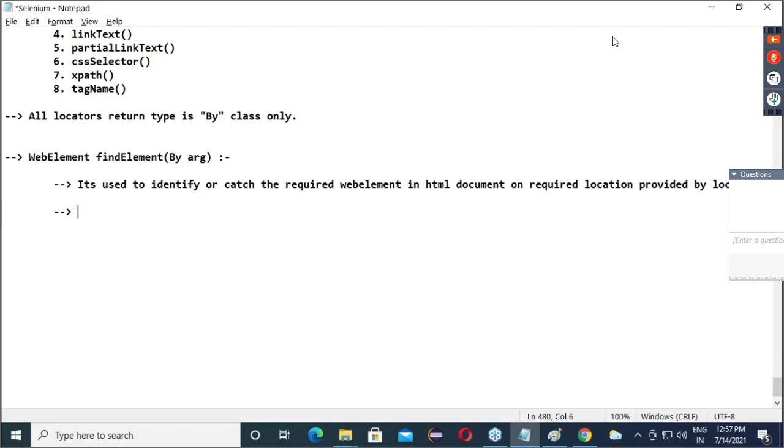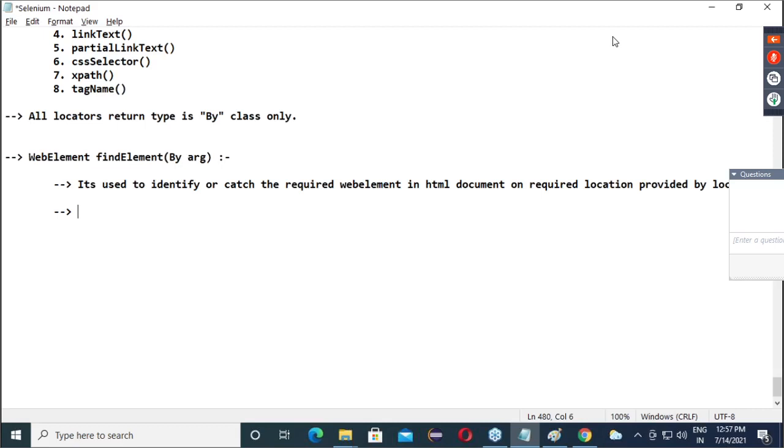Now, guys, tell me, can we say findElement always returns a WebElement? Correct? findElement always returns what? WebElement. Now, single web element or multiple web elements? Single web element. Clear? There may be chances that on that particular location multiple elements are available, meaning the same information is repeated.